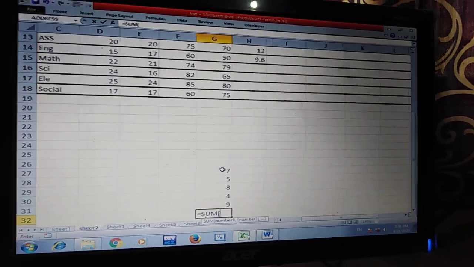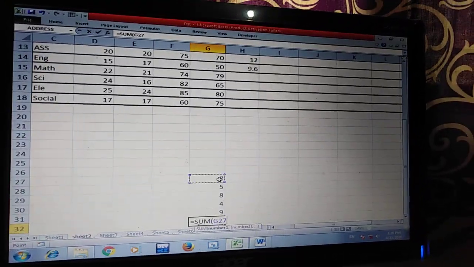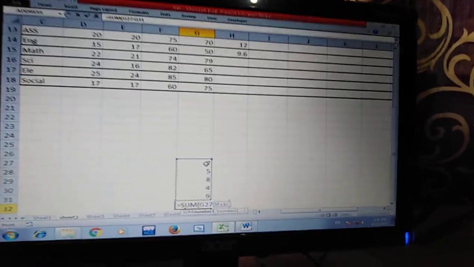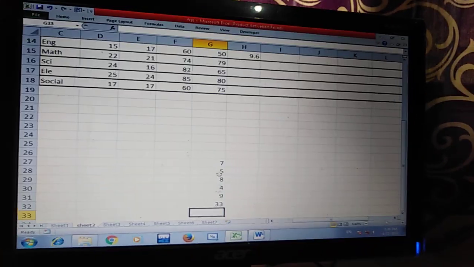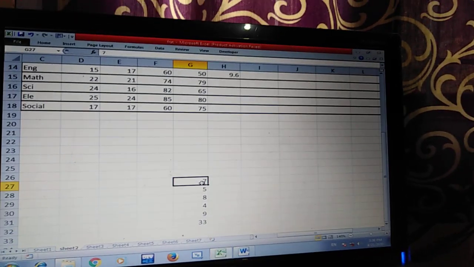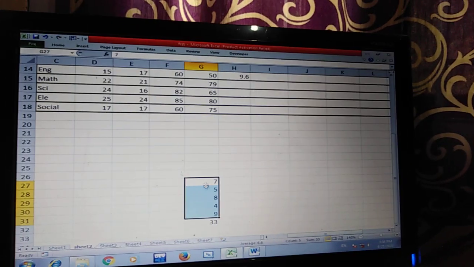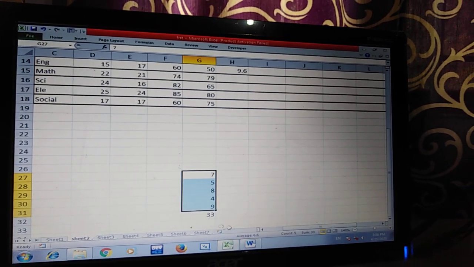So equal to sum, we have to notice here the cell will be continuous. So selection of range means continuous block of cell. That means cell Z27 to Z31 are continuous.